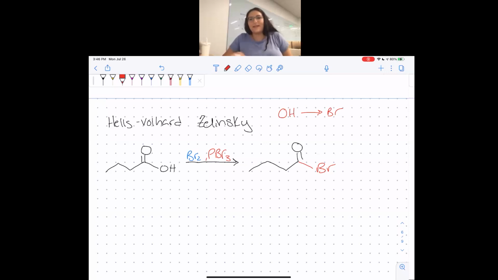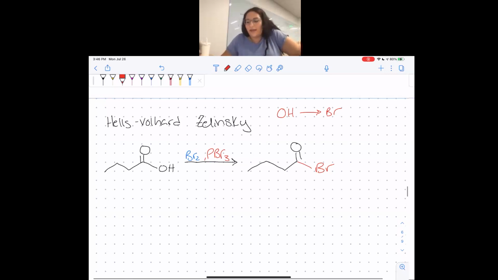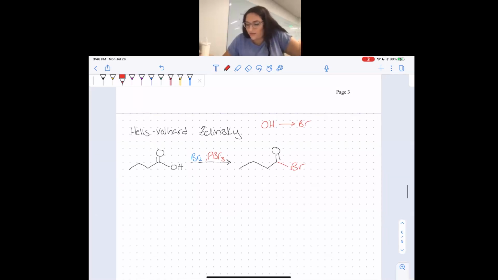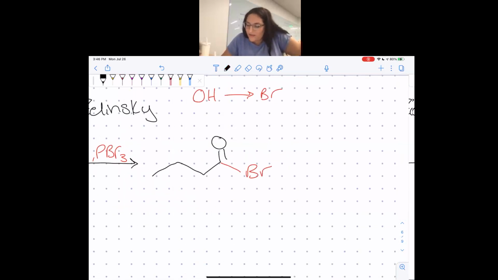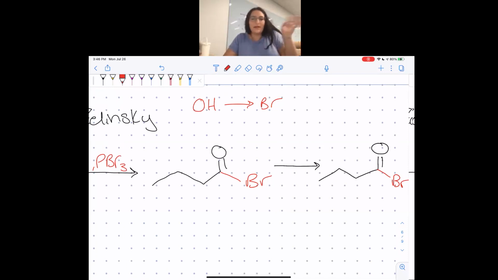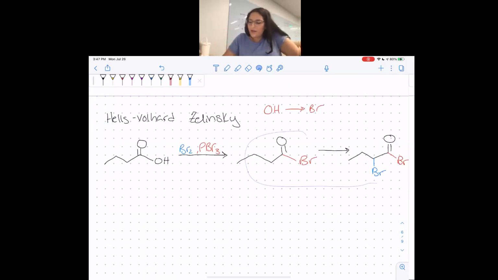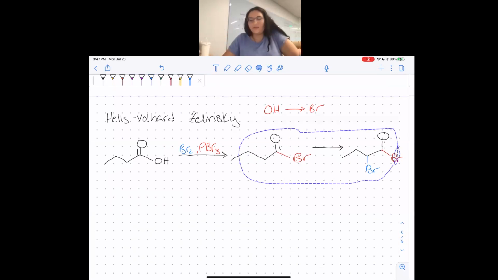Exactly. So we're going to replace an alpha hydrogen with a bromine. So step 2, I drew way too big. There was no reason for me to draw this big, but that's fine. We replace an alpha hydrogen, and this time there's only one alpha carbon present anyway. So we have to add a bromine here. And believe it or not, folks, we are done with this reaction.